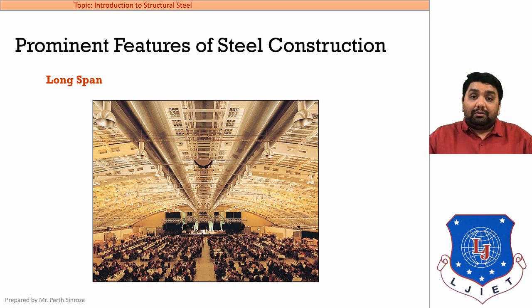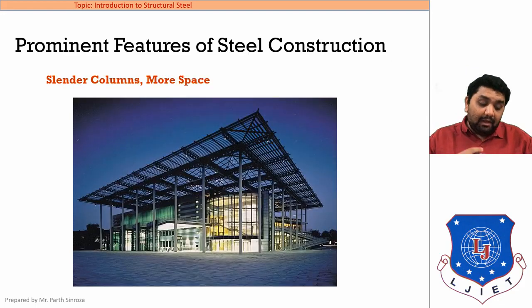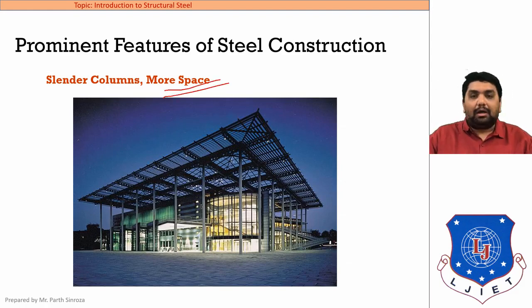But if we talk about steel structures, they do not require this property, and thereby clear span can be provided as you like. For example, you can see that in various stadiums, multiplexes or auditoriums where the clear span is to be maximized, steel structures are preferred compared to RCC structures. The columns here are slender and therefore more space can be obtained.